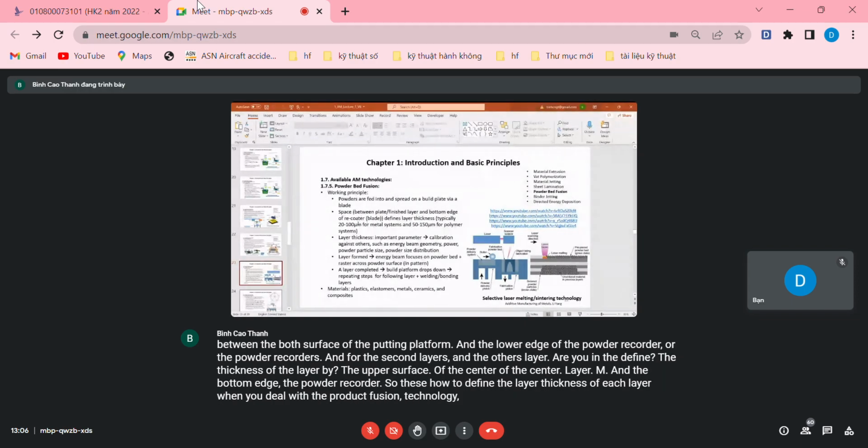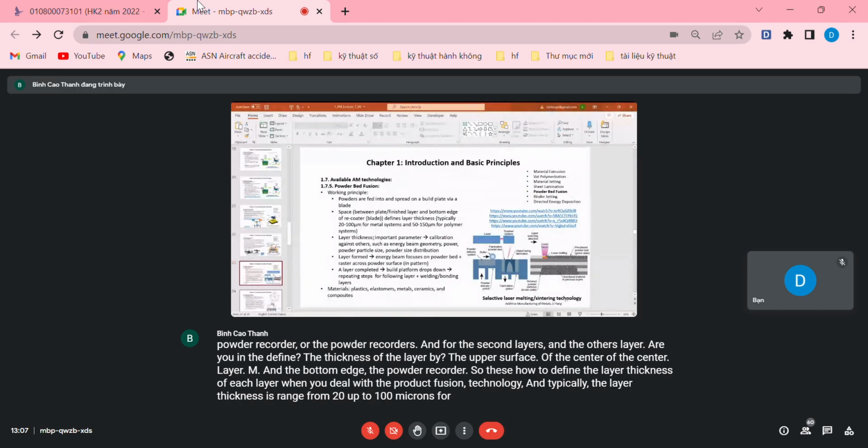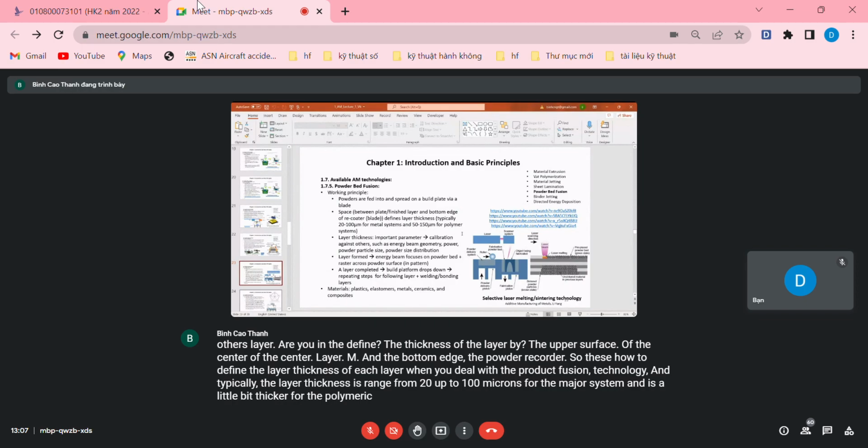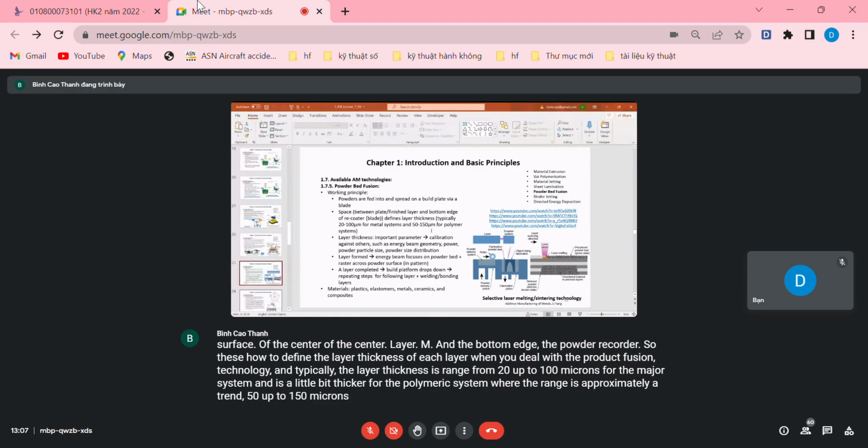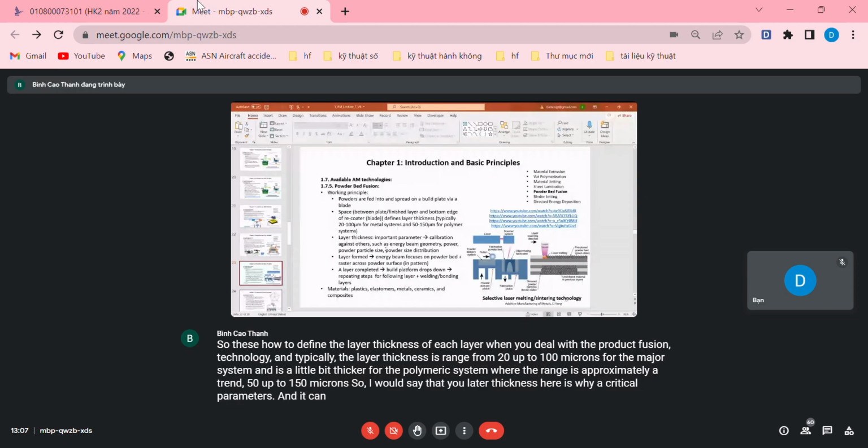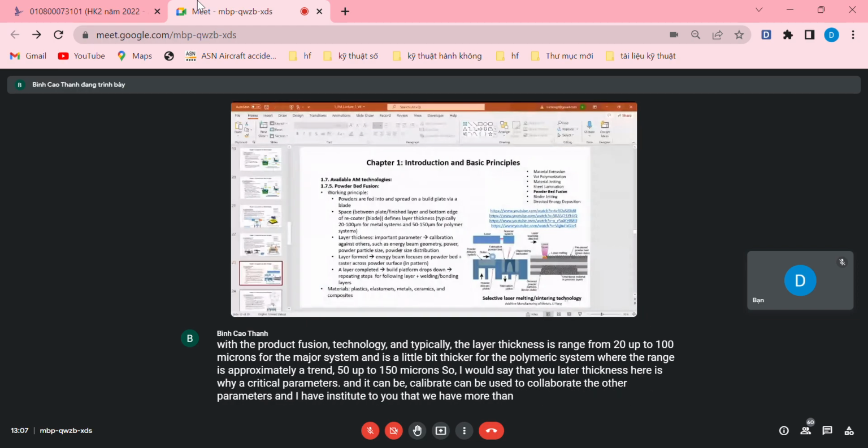And typically, the layer thickness ranges from 20 up to 100 microns for the metal system, and is a little bit thicker for the polymeric system, where the range is approximately 50 up to 150 microns. So I would say that the layer thickness here is quite a critical parameter, and it can be used to calibrate the other parameters. I have introduced to you that we have more than 180 parameters for the additive